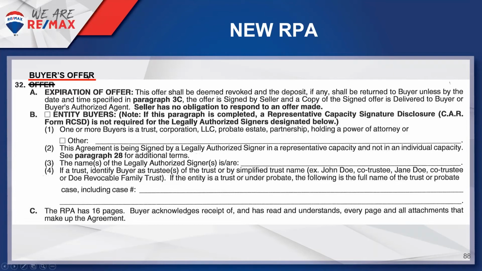Okay, so the buyer's offer, that's what the RPA says. I made this slide before they made the last edit, a couple of minor edits to the RPA. So it used to say offer, and then they discovered there's already a paragraph 1 offer, so they had to rename this offer. Okay, so the first thing it talks about is expiration of offer, and that's according to paragraph